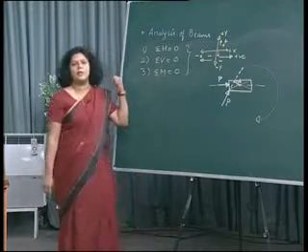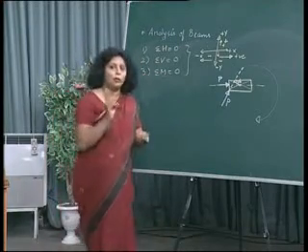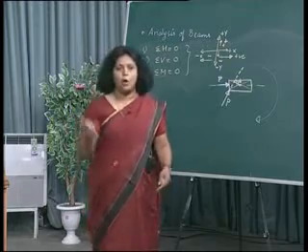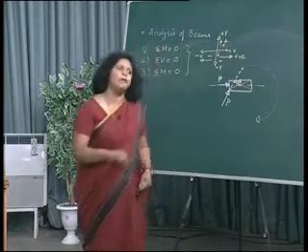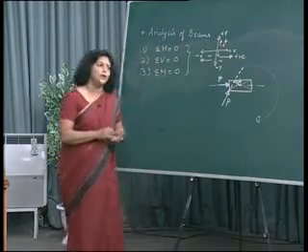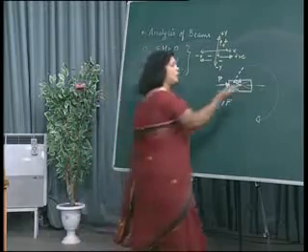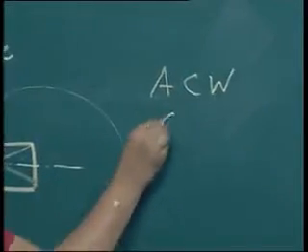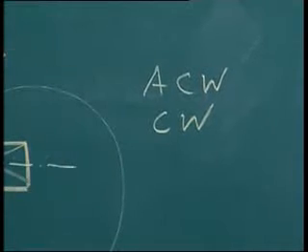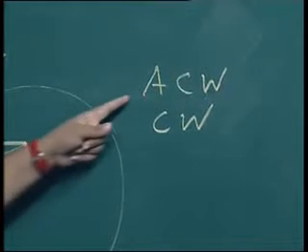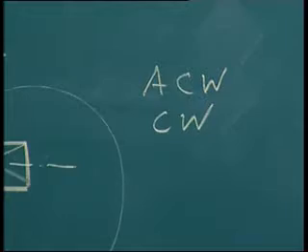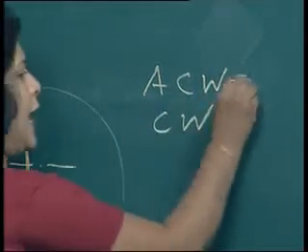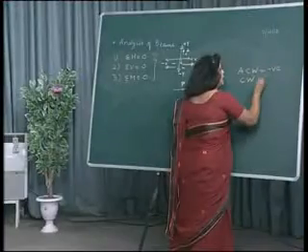Now, when we know that it is a rotation, rotations are basically of two types: either in the direction of the clock hands or in the direction opposite to the movement of the clock hands. So, there are two types of movements, that is anti-clockwise movement and clockwise movement. Anti-clockwise movement will be considered as negative, and clockwise movement will be taken as